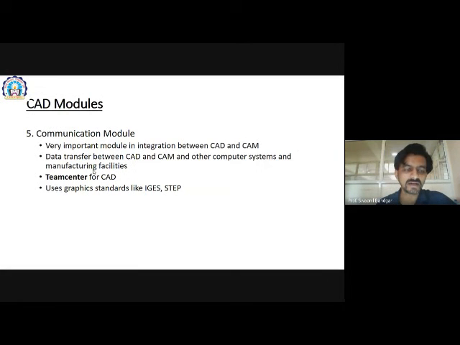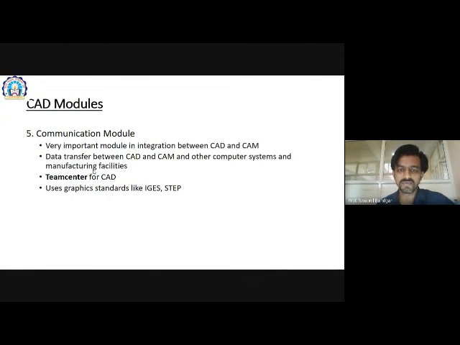Means in Teamcenter, a basic CAD model is saved, or all other parts are saved there, and I am operating a single part from here. And if I click on save, that CAD model will be saved in Teamcenter. So it is like a centralized computer system. Teamcenter is nothing but a centralized CAD tool, and this helps a lot, and we can do the designing in a parallel way.